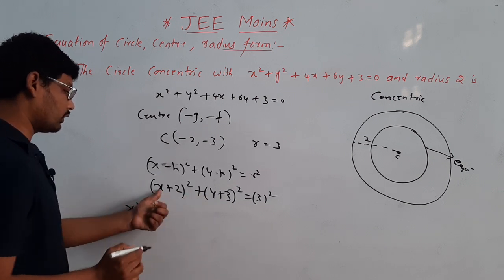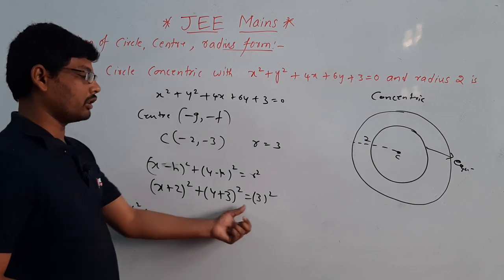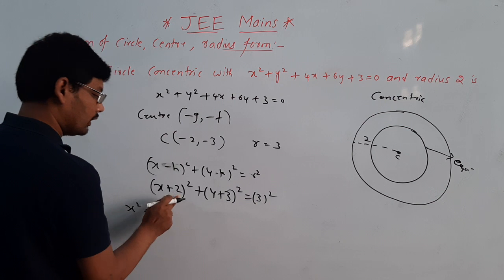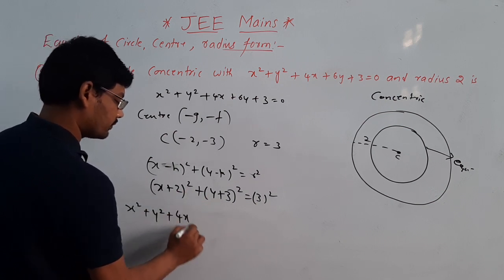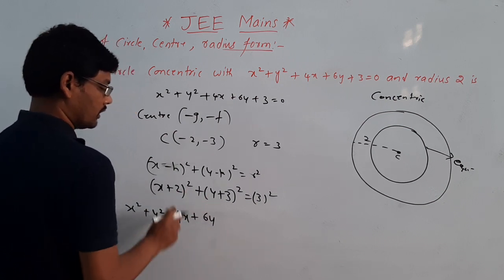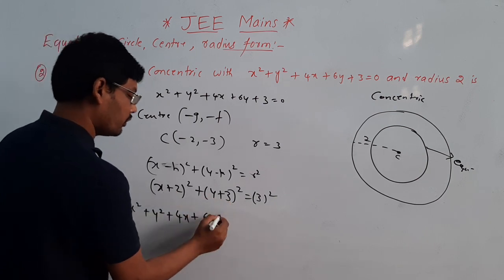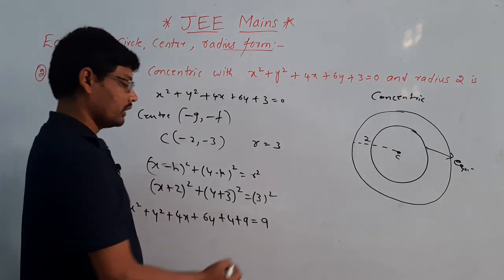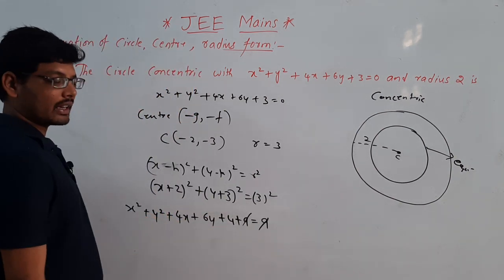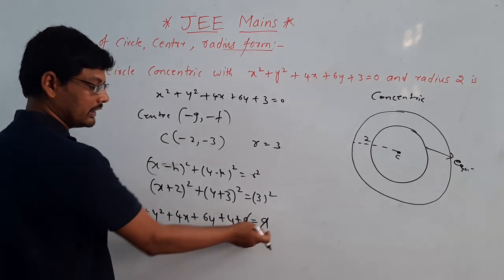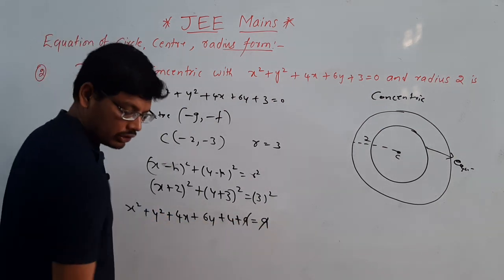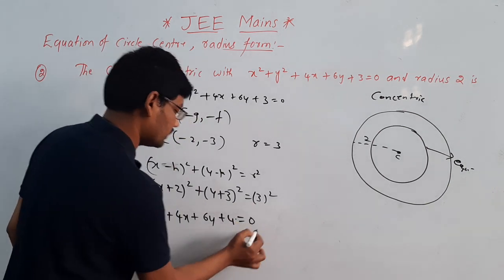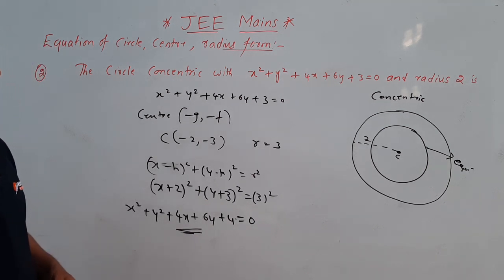Observe clearly, x square, a plus b whole square is called r square, in the form of a plus b whole square, and here y square, 4x, next 6y, 4 here, 9. 4 plus 9 here is equal to also 9 here. Let's bring these two numbers to this side, these two numbers are cancelled here, no need of these two steps here. So I am eliminating, here is equal to 0. This is the final equation, final answer for this one.